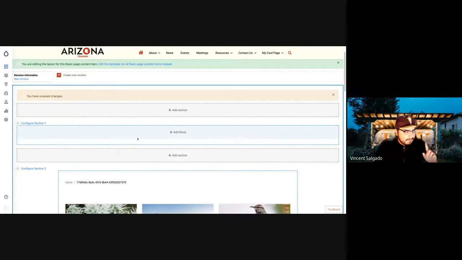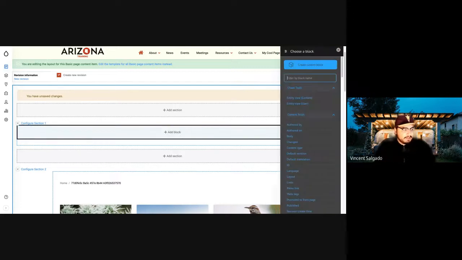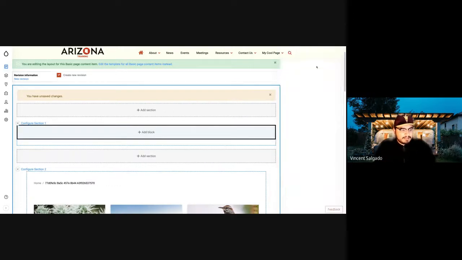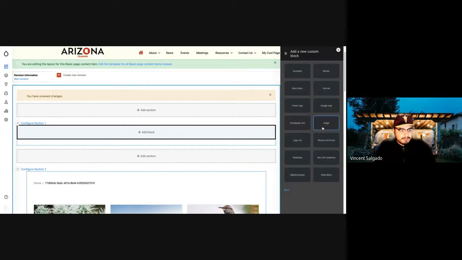But for this particular section, let's just say I wanted to create something a little bit more unique, and I can create a banner that goes along with that. So if I create a custom block here, and let's say I create a